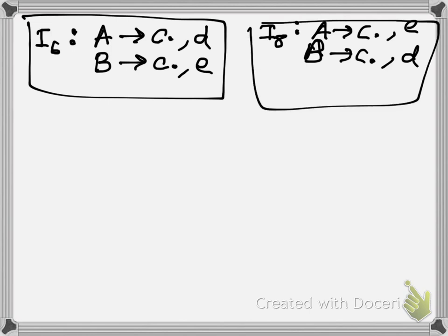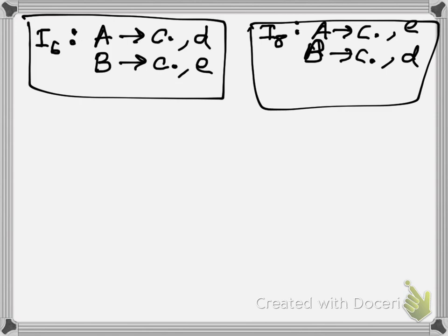LR1 item sets. Now this is not giving any reduce reduce conflict, because here for item I6, I will reduce by A derives C on D. I will reduce by B derives C on E. So there is no conflict. The same goes for I8 also. There is no reduce reduce conflict in our